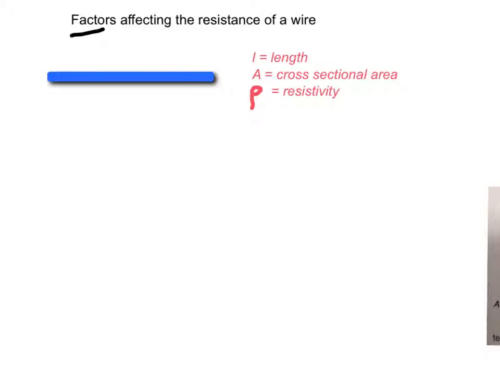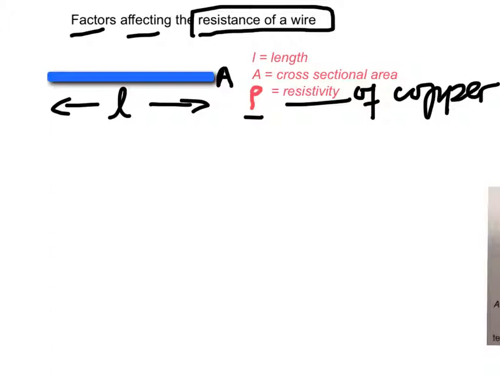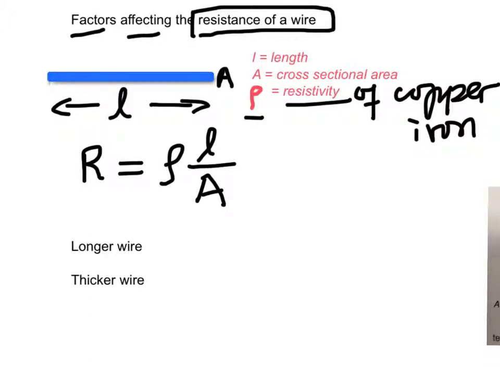What are the factors affecting the resistance of a wire? Consider the wire of length L and cross-sectional area A, and ρ is the resistivity of the medium. If this is a copper wire, then ρ is the resistivity of copper. If this is an iron bar, then ρ is the resistivity of iron, etc. It is found that the resistance of a wire is equal to ρ L over A, which means that for